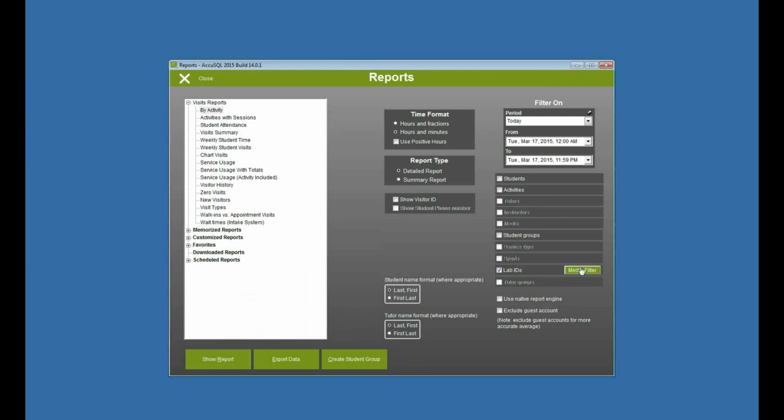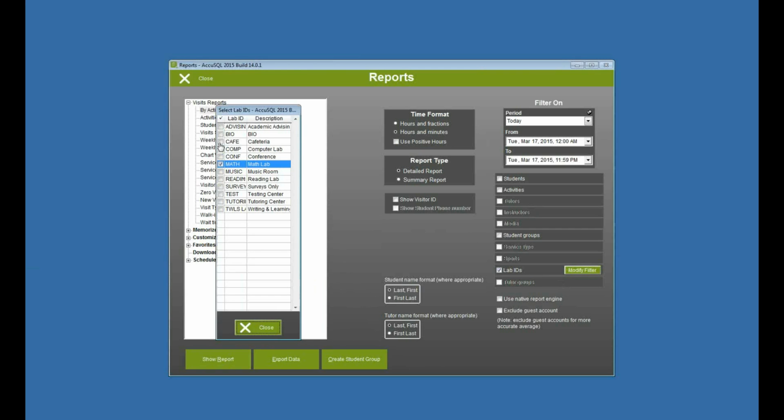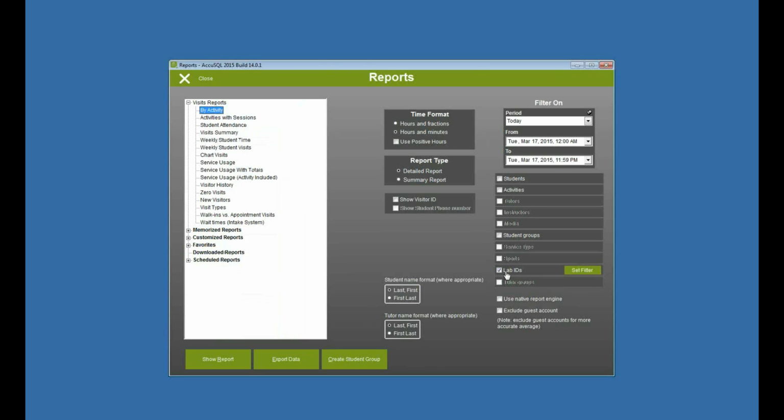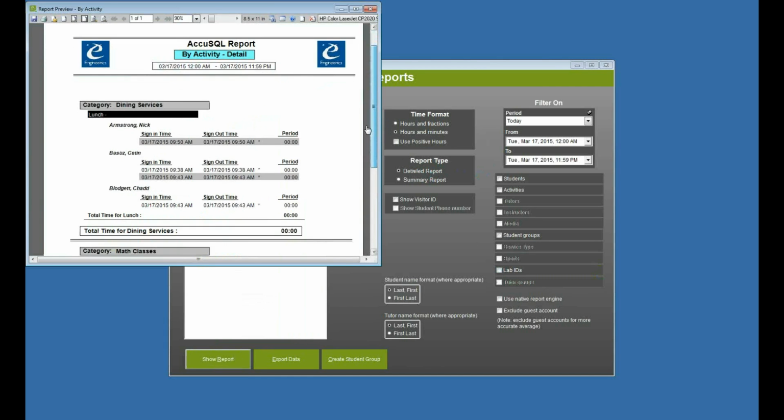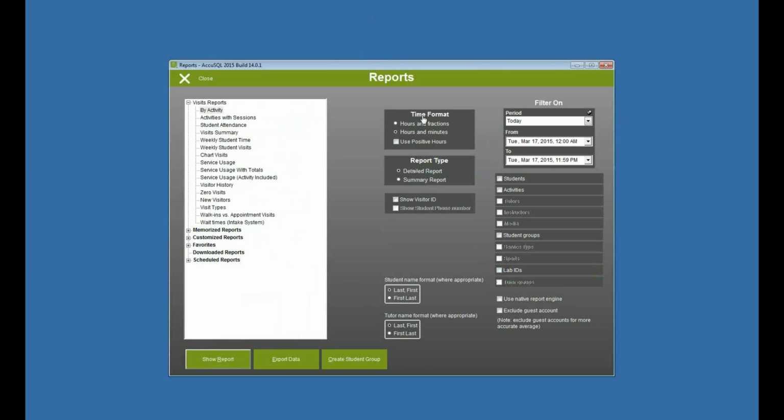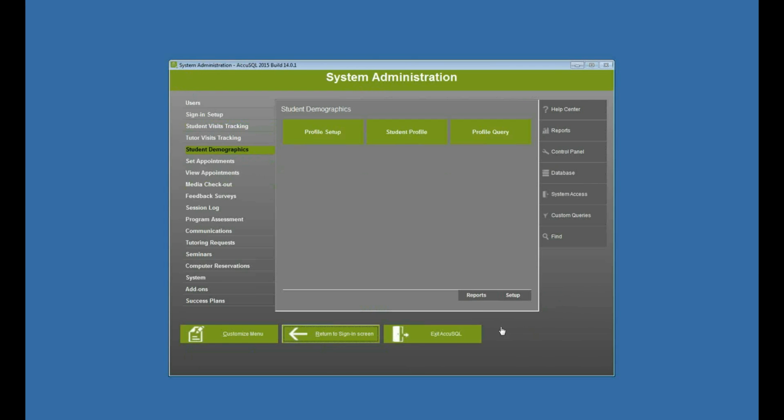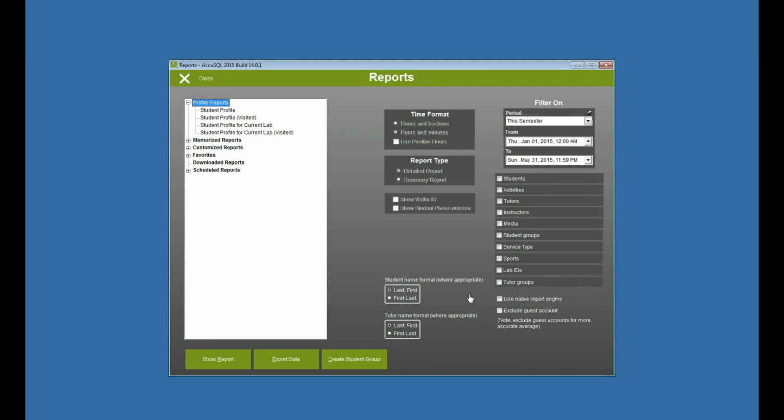And I can do combinations. Show me people that have signed in for math and cafeteria. If I don't pick anything, well, then it's the default all. It'll show all sign-ins for that period from any lab. If I look at student demographics report, there's another one that I've got student profile visited, and student profile for current lab. Okay, so when I run that report,